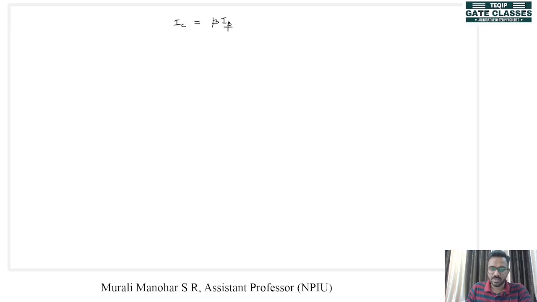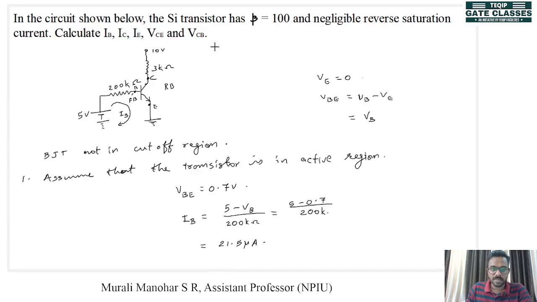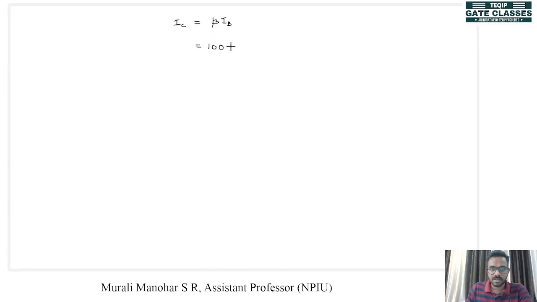So IC is equal to beta IB, beta is 100 and IB is 21.5 microampere. That means IC will be 2.15 milliampere,